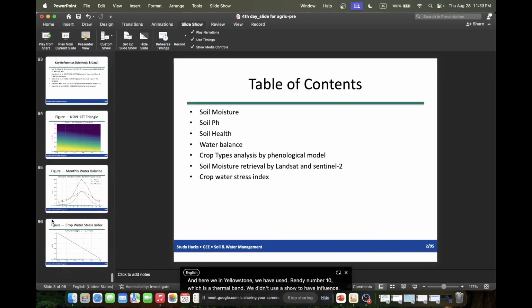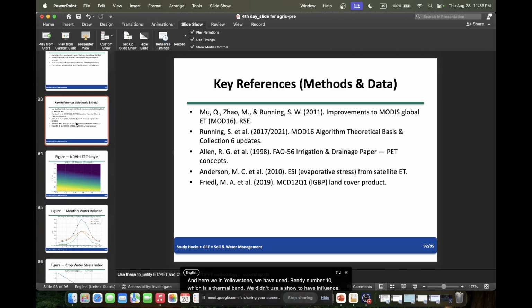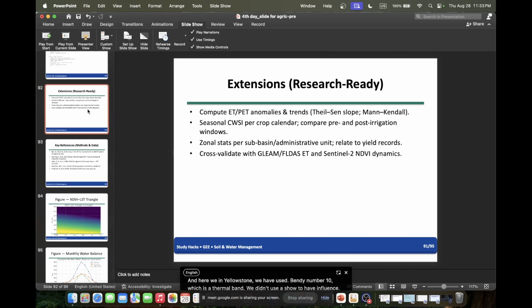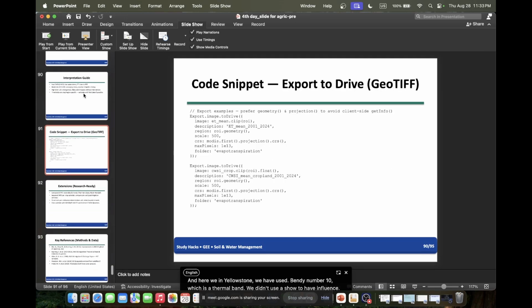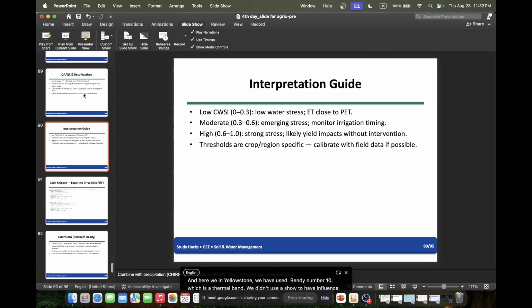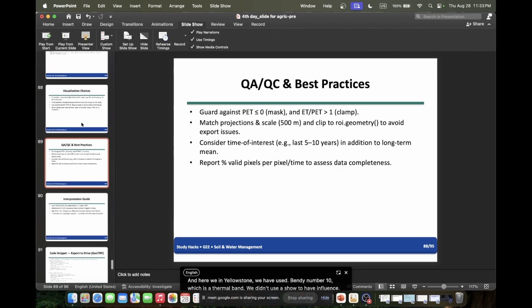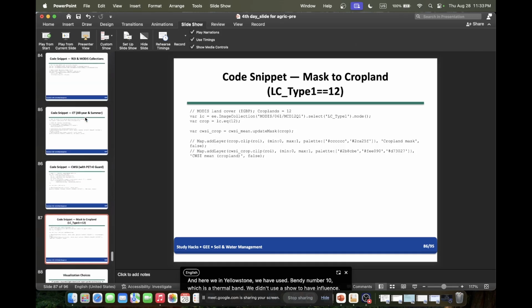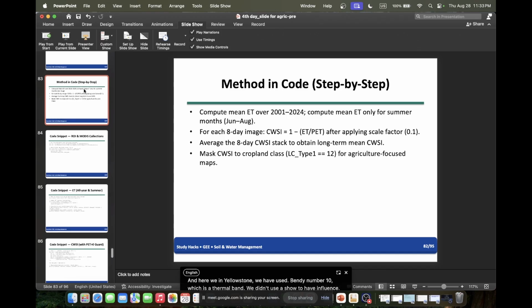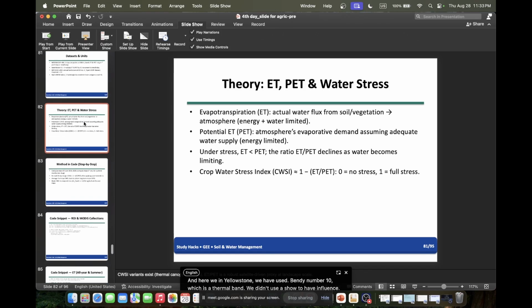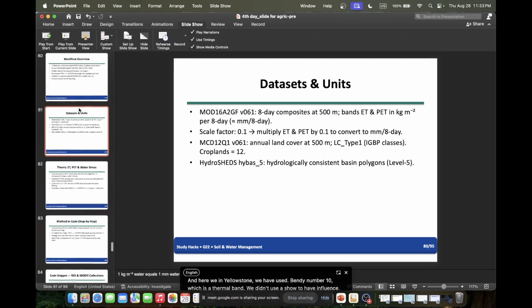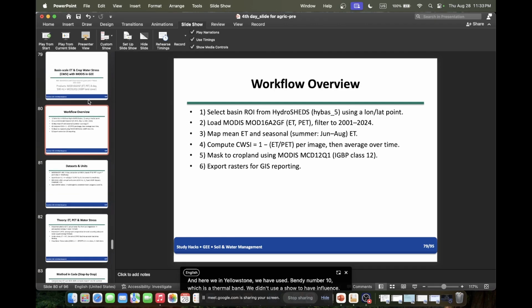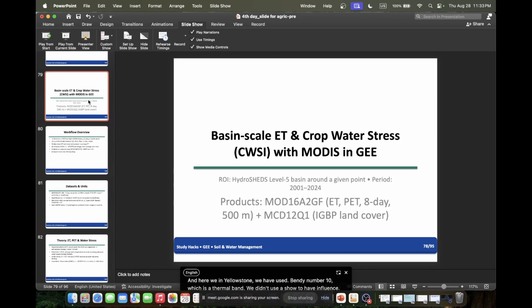Crop water stress. Okay, so now we talk about how we can easily monitor crop water stress. So let's